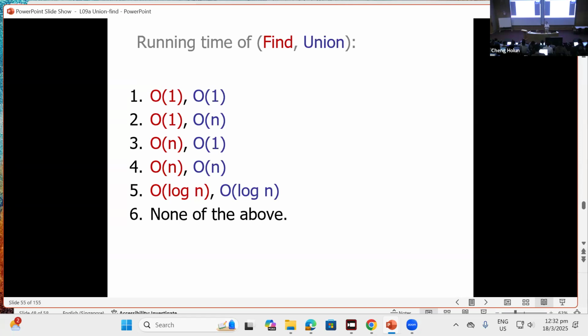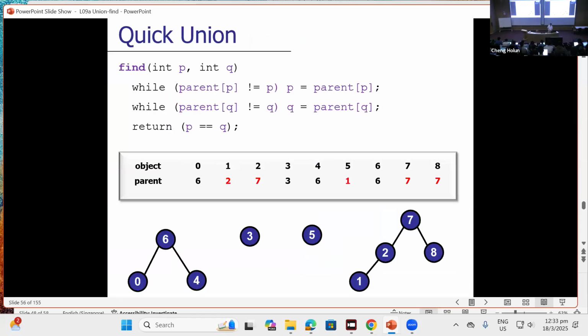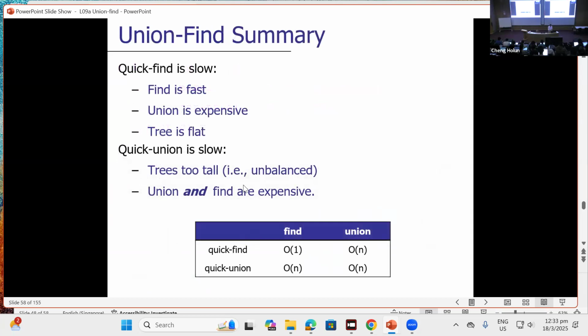Sadly, you can easily create a tree like a linked list. So the height of the tree can be O(n), and the answer is actually O(n). We are not doing better. Actually, we pulled our own legs. This method actually makes it worse. But why do we want to introduce this? Because we can base on this method and do it better. Because on the union side, you have to go and find the parents, and on the find side,